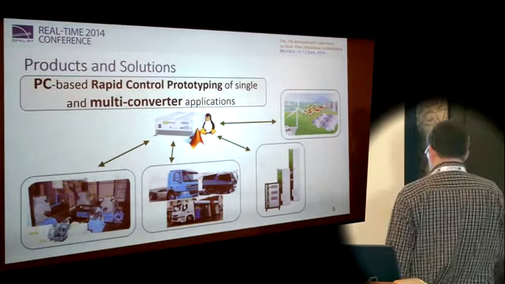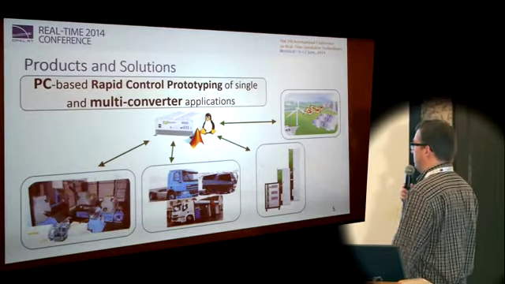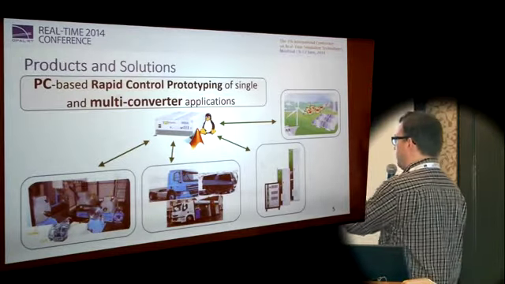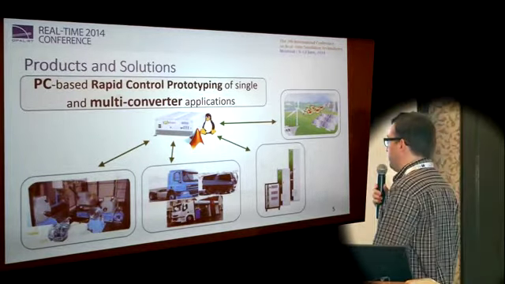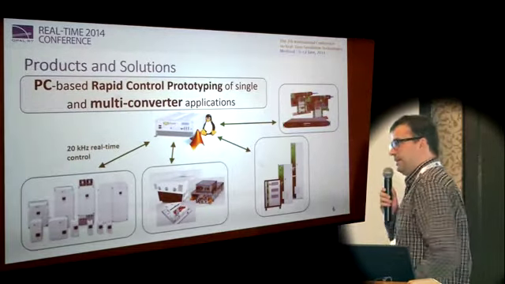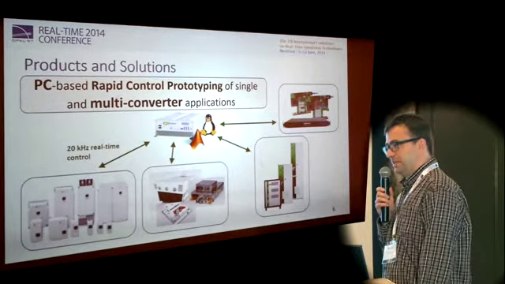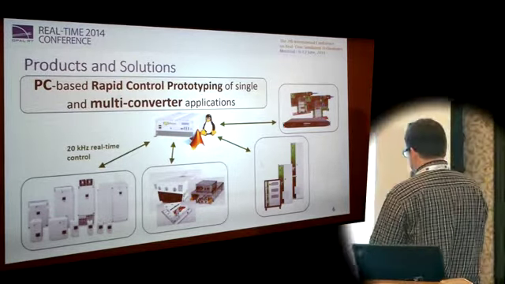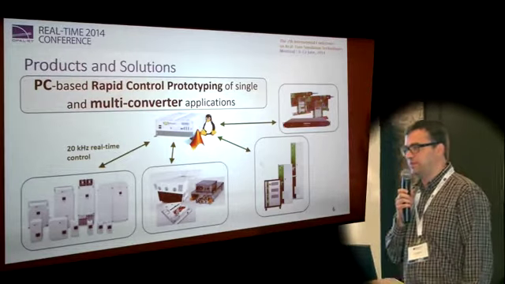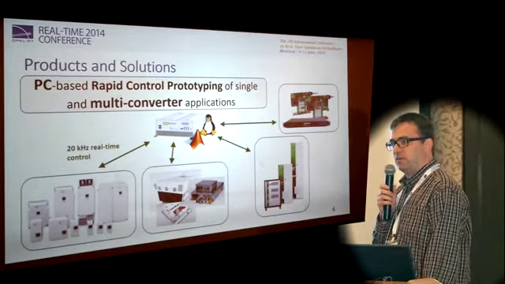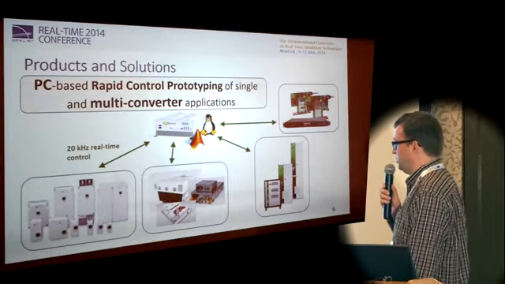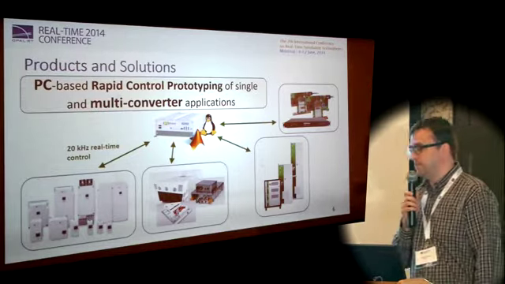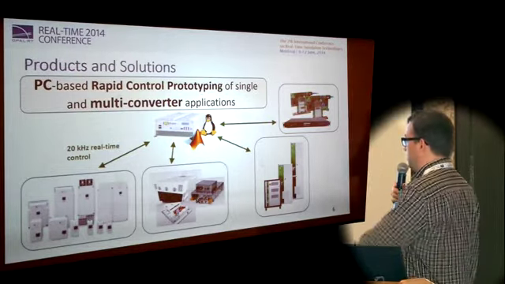So if you look at what we do historically, we started off with a PC-based rapid control prototyping platform to which we could connect a number of power stacks. Instead of working DSP-based like other companies do, we actually chose from the beginning, just like OPAL-RT, to use the power of the PC to manage all possible control loops in our power converters and in our power control systems. So if you, for example, would look at motor drive control prototyping, all control loops, current control loops, voltage control loops would be closed over network